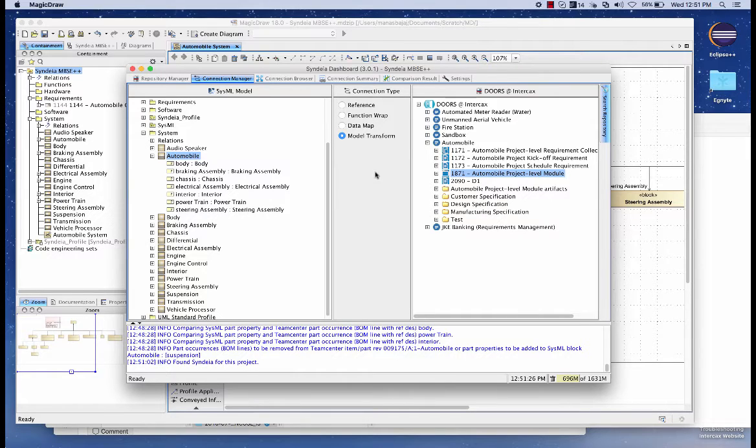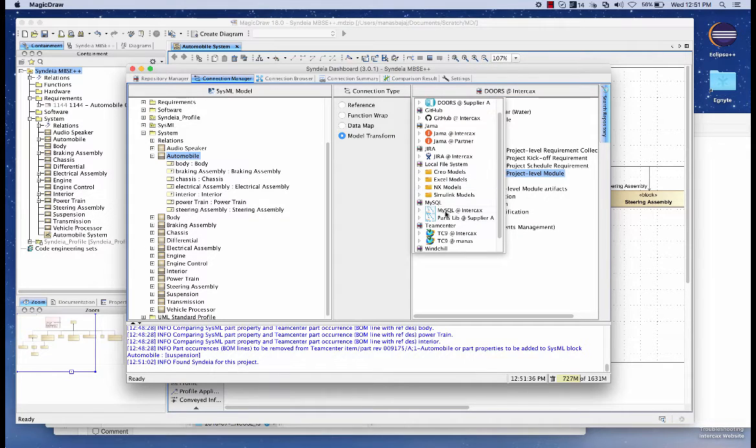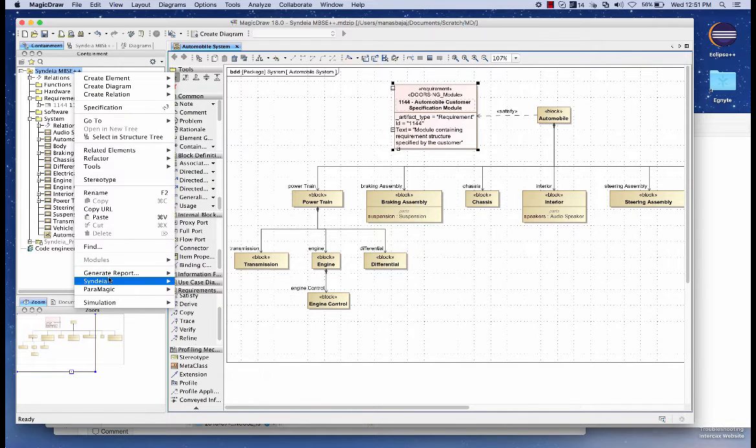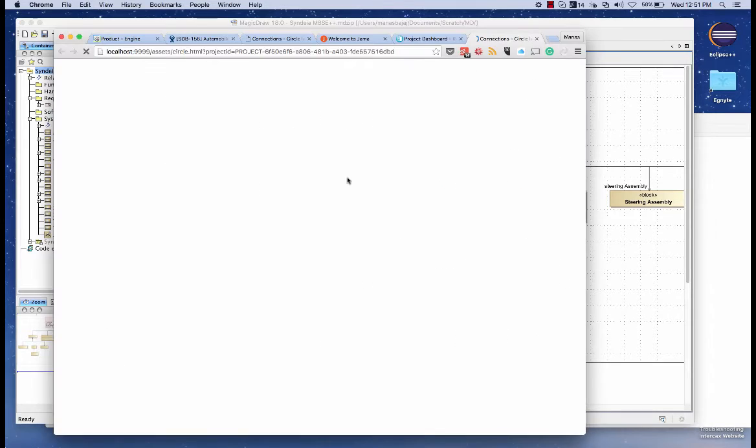Experts working with models in their own discipline also need to trace to models in other disciplines. For example, a system engineer working with SysML needs to trace to 3D CAD models for mass information. A mechanical designer working with CAD or PLM information needs to trace back to system level requirements. To facilitate the visualization of these kinds of relationships, from within the dashboard, we could launch this chord diagram that